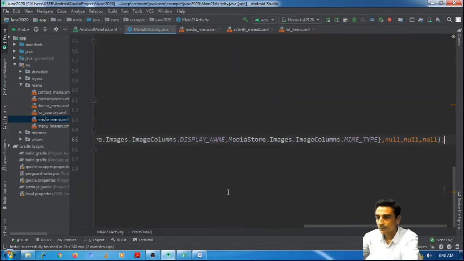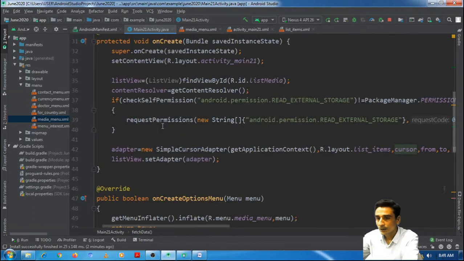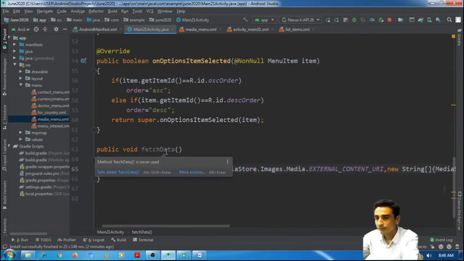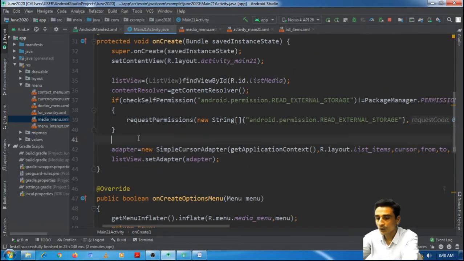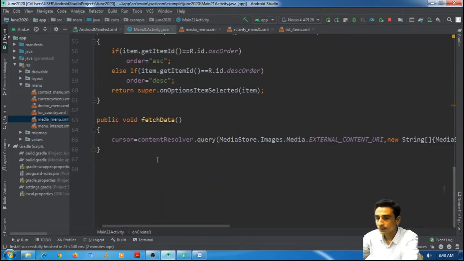I will write this method here, fetchData. I should call fetchData here, and here